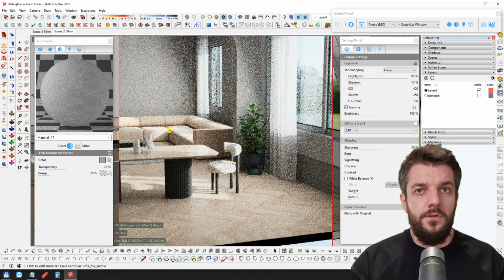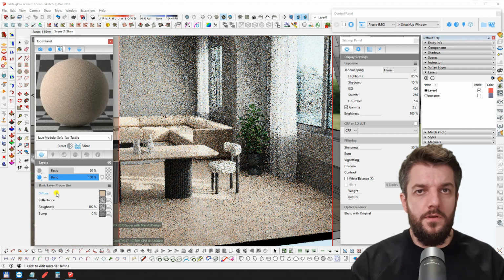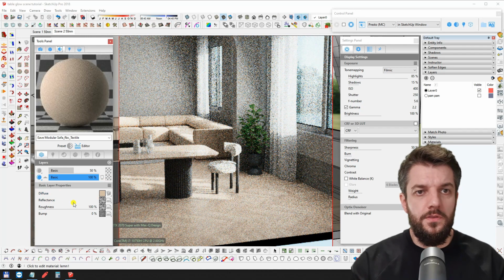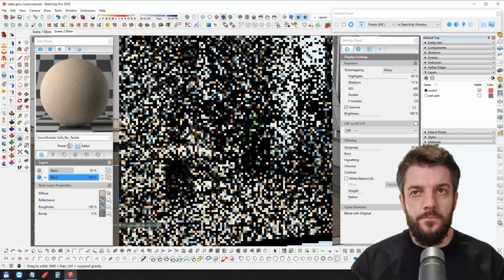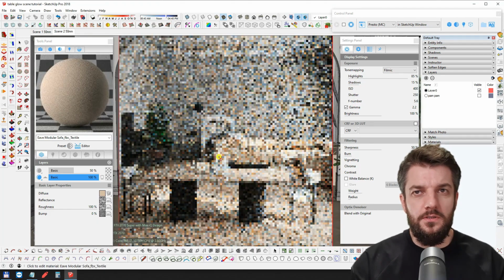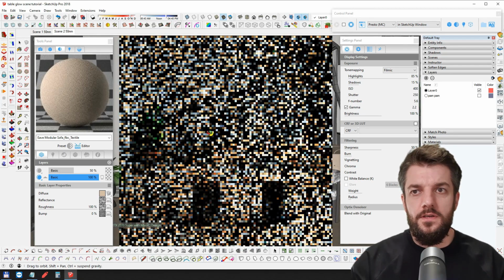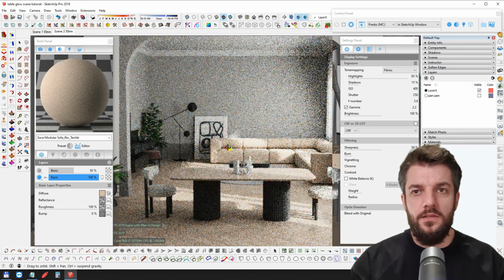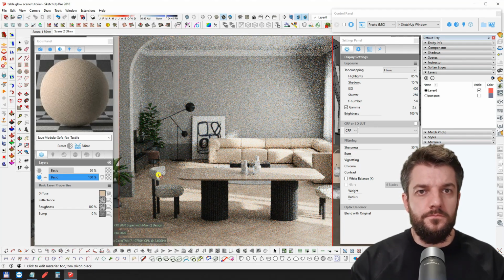The couch material is a velvet material with a reflectance map applied to it. The materials are not that special. I mean, the most special thing here is the pampas grass chandelier. Everything else is pretty basic. Just reflection maps,